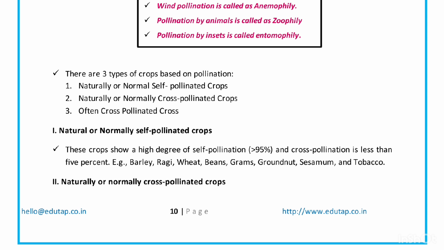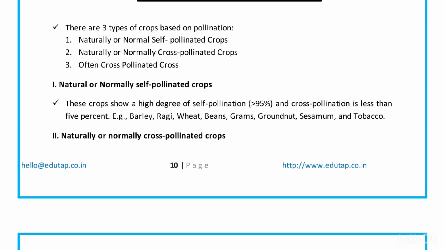Crops in which this type of pollination occurs are barley, ragi, wheat, beans, gram, groundnut, sesame, and tobacco. Next one is cross pollination. Students,